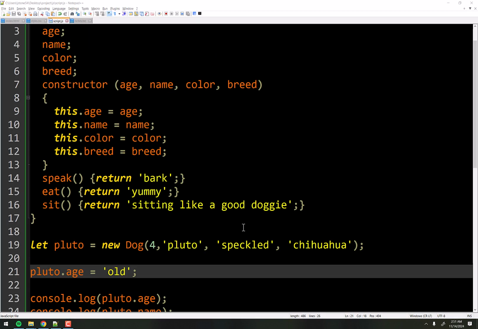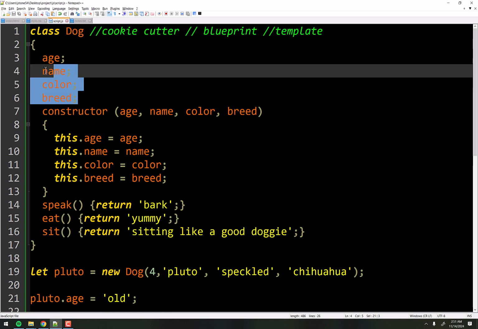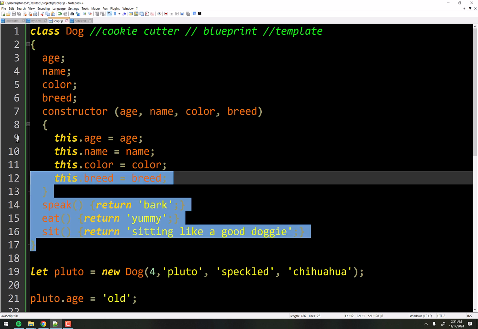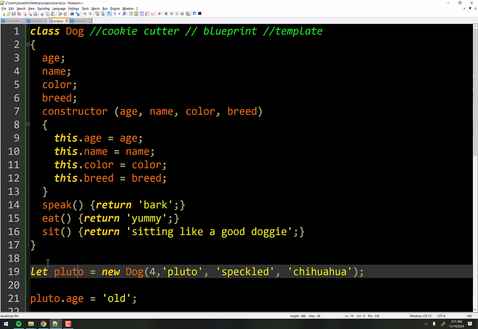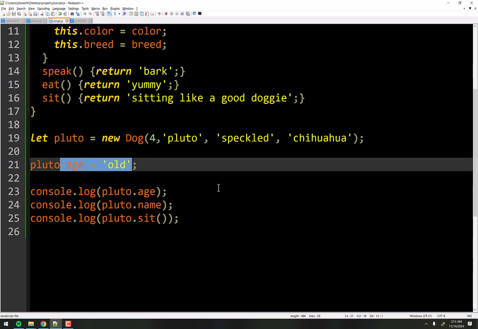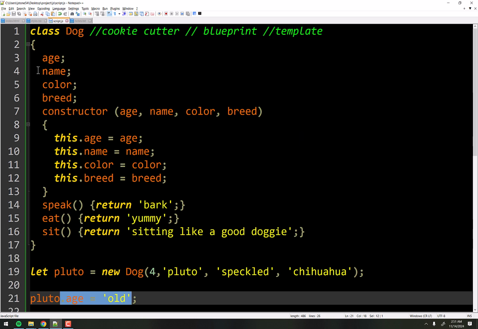Well, the problem is that right now, these variables are what we call public. They are publicly available, right? Meaning, all that means is that you can access them in your code outside of the actual class, right? Notice this code on line 19 and below is not inside of this class, yet I'm still able to get to the age variable. We want to make it private and then have a function that can access it and change it for us. We call that a setter, okay? So let's look at how that would look.